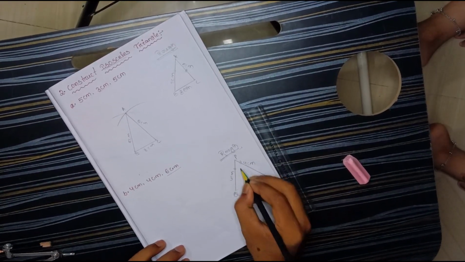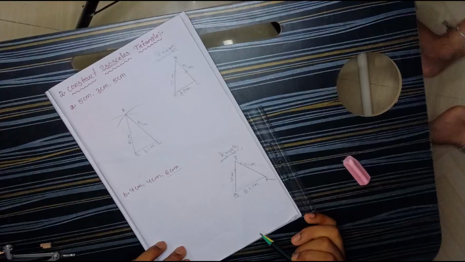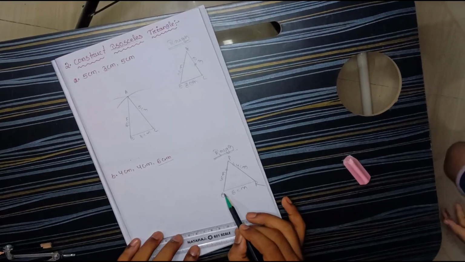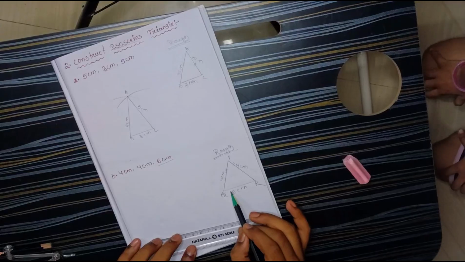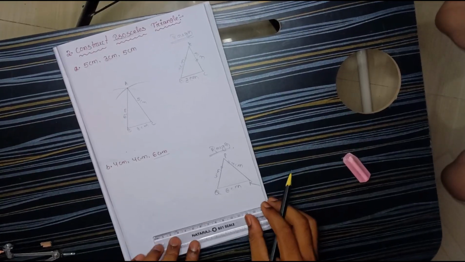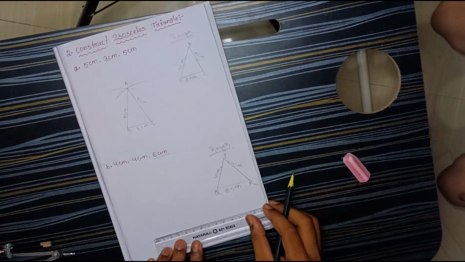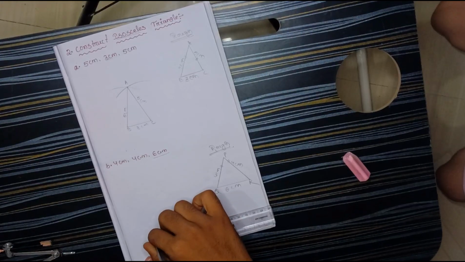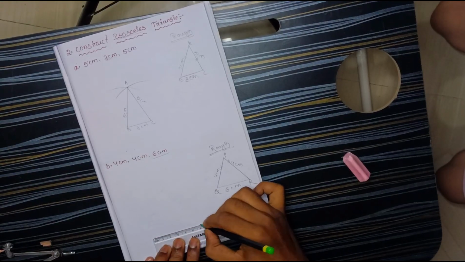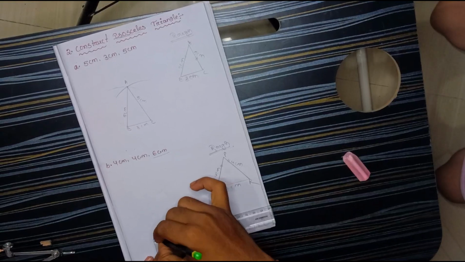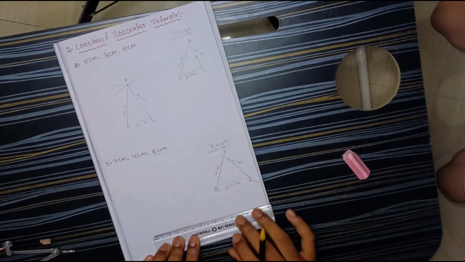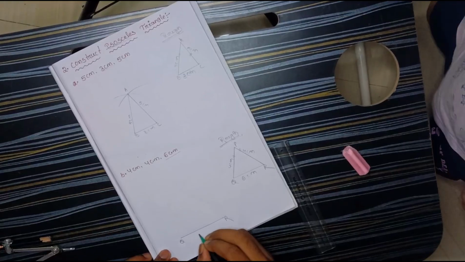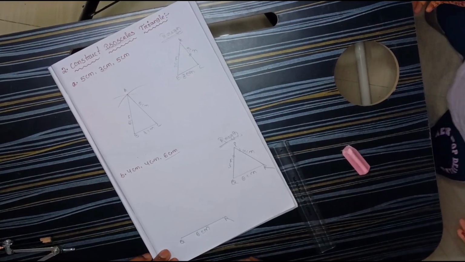तो हमें ऐसा ड्रॉ करना है जिसमें पी क्यू और पी आर सेम दिखाई देंगे. ठीक है, सो फर्स्ट सभी के जैसा हमें बेस को लेना है. तो बेस में क्या है, 6 सेंटीमीटर. So 6 centimeter we will consider by the help of ruler. So this one is 0 and this one is your 6. So you have to make this one first. This one is your 6 centimeter, putting their names also, Q and R.